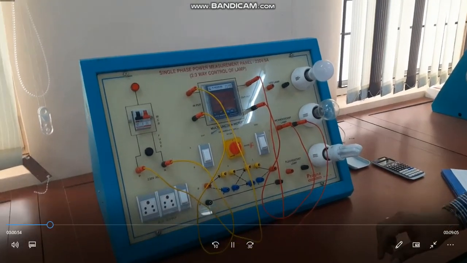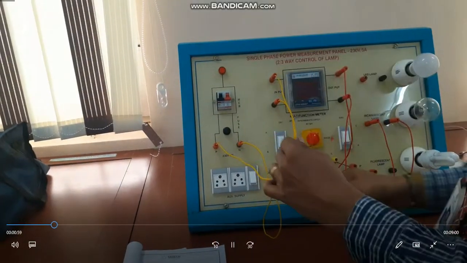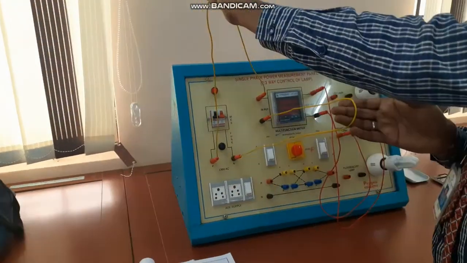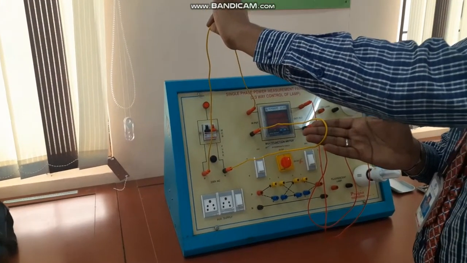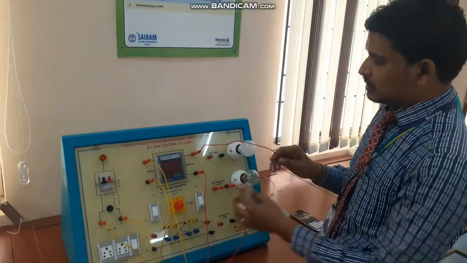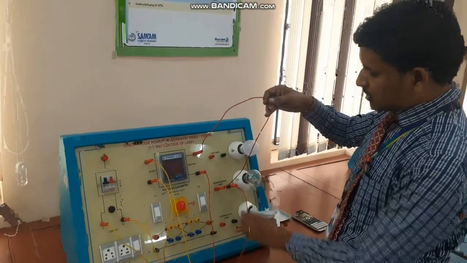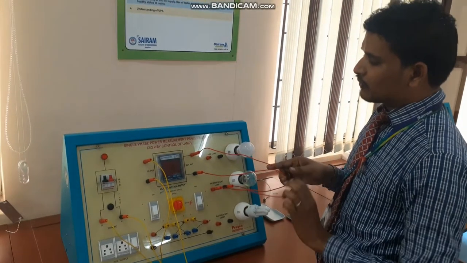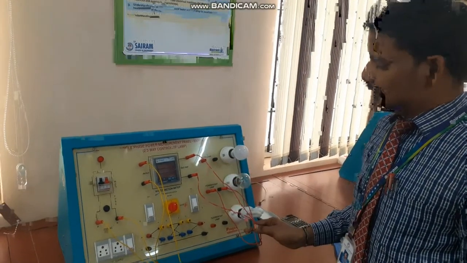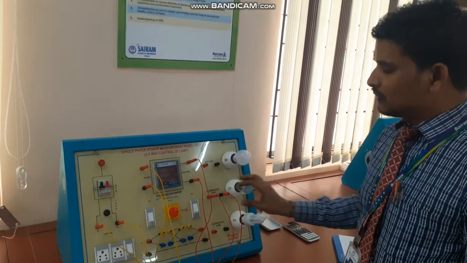To conduct this experiment, first of all we have to connect the phase and neutral of the supply voltage to the multifunction meter. The phase terminals are connected together, and the neutral terminals are connected together. Again this phase is connected to the incandescent lamp phase, and the output neutral terminal of the multifunction meter is connected to the neutral terminal of the incandescent lamp. First we are going to measure voltage, current, phase angle, power and power factor for the incandescent lamp, because connections are made initially for the incandescent lamp.